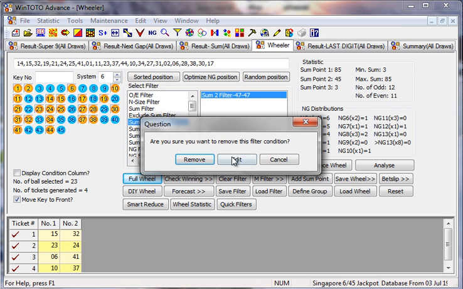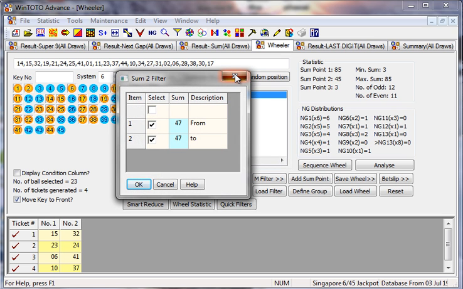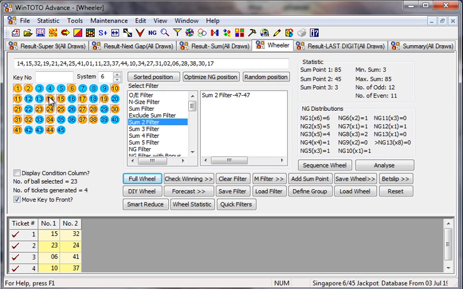Now, if you want to use the sum, you can also do so. You can put in a key number as a sum. For example, just now, all these 4 sets of numbers here. You can key in 15, comma, 32. That means this is one pair of key numbers. If you want to add another pair, just put a plus there, and then you can put in 23, comma, 24, and so on and so on. You can always do that. This is how we go about it.